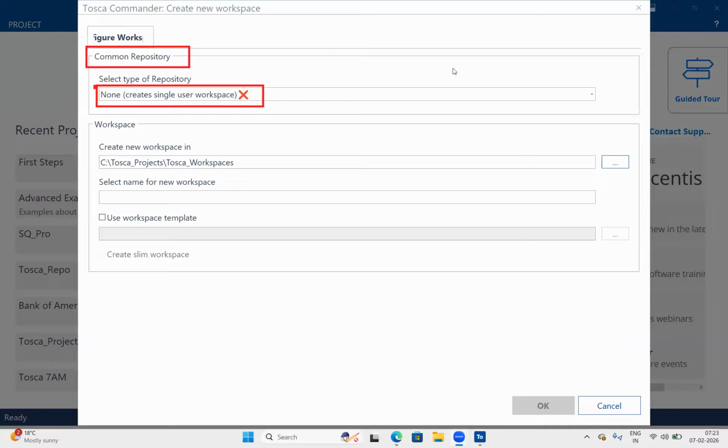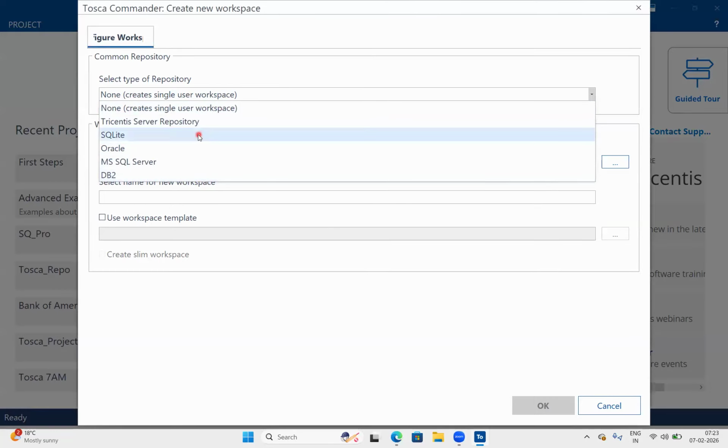Then which option is recommended, Anusha? If you click on this down arrow, here you can see the database options: SQLite, Oracle, MS SQL Server, and DB2. Out of all these databases, which one is recommended?